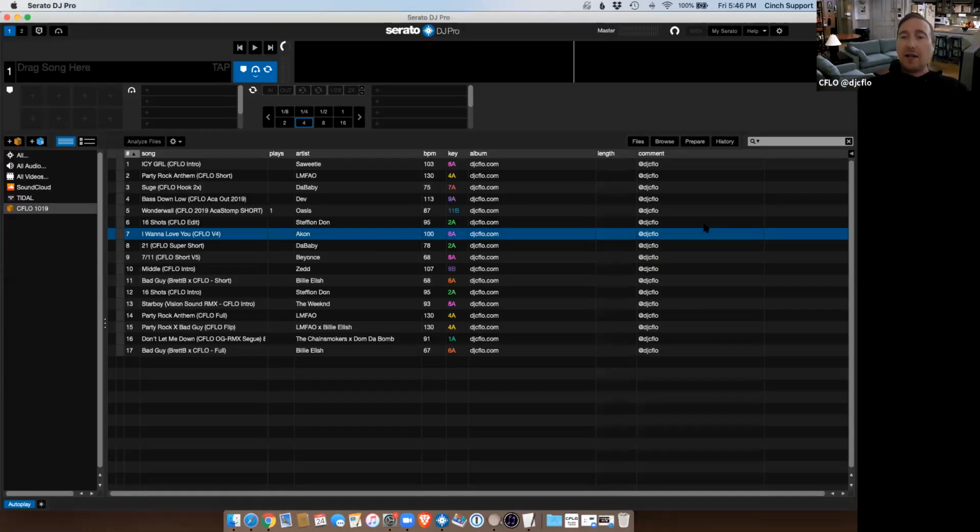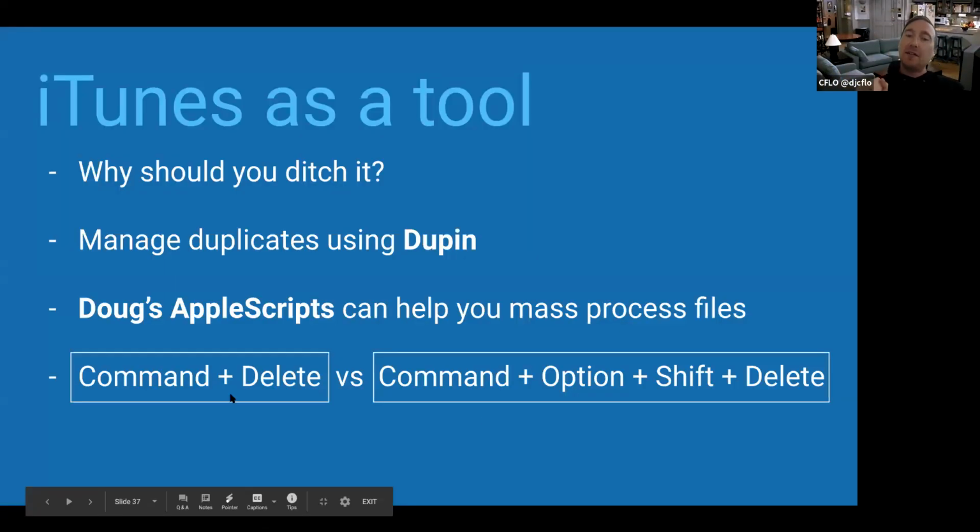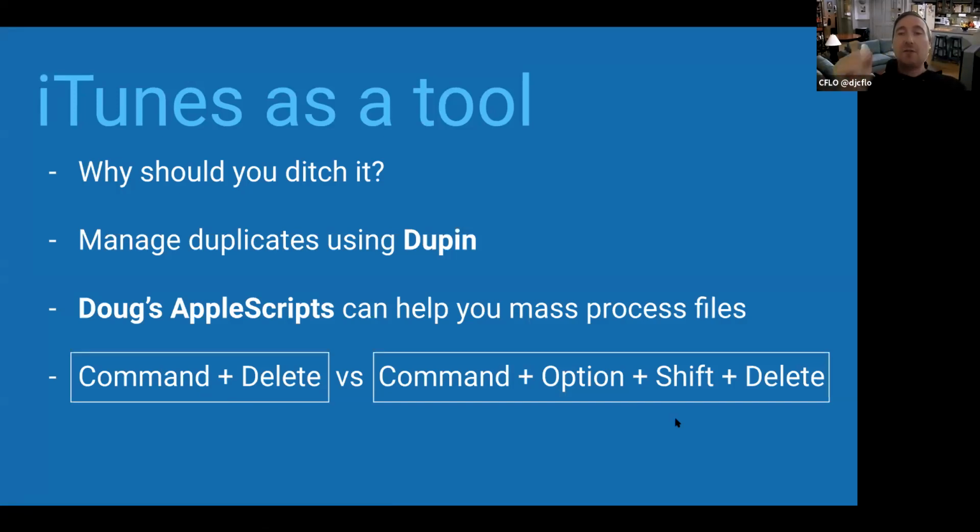So again, that's dougscripts.com. The app is Dupin. And what I was trying to say here in my presentation is there is a difference between command delete and command option shift delete in iTunes. If you have a song in a playlist and you hit command delete, it will delete it out of the iTunes playlist, but not the library.